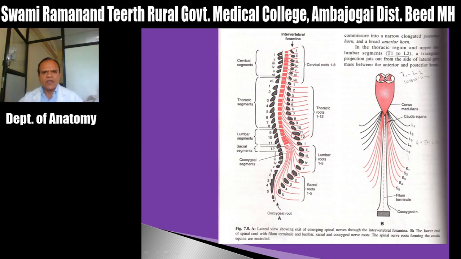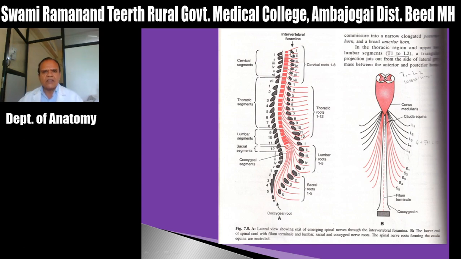Okay, this is one nerve. What is it? Spinal segment. So this is the nerve. This is called spinal nerve. This is first, this is second, this is third. What is emerging in between? The black colored is the vertebra and the red color emerging in between, that is the nerve, spinal nerve.